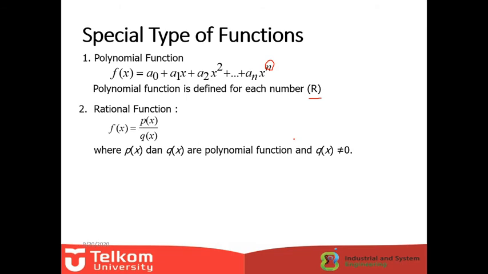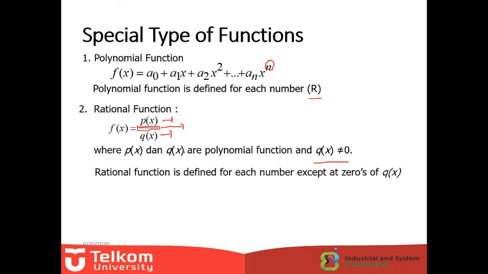And also we call it a rational function if p(x) is a polynomial and q(x) is a polynomial. This is the characteristic of the rational: there is this dividing sign. Yeah, dividing sign means this one, because p(x) over q(x) means that q(x) cannot be 0. Yeah, cannot be 0. Why? Because if q(x) equals 0, the result should be undefined. Okay, the rational is defined for each number except the zeros of q(x).